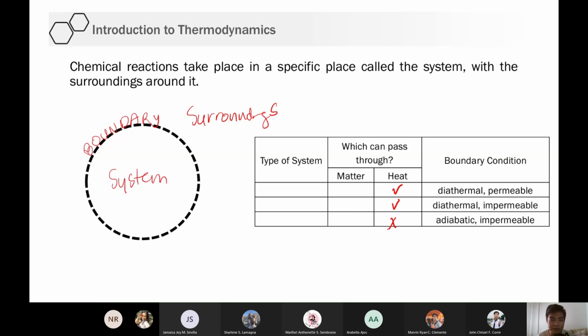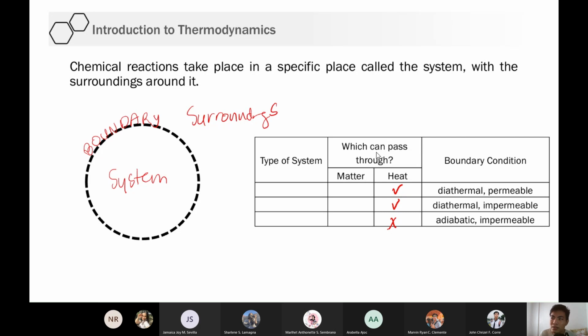Okay? So, ganun. 'Di ba mapapansin nyo kapag bumili kayo yung styro na yung kape na tigli 5 piso. Kapag makapal yung styro, hindi mo talaga mafe-feel yung init sa loob, no? So, it could be an adiabatic boundary. Okay? And now, let's talk about the other thing that could pass through, matter.